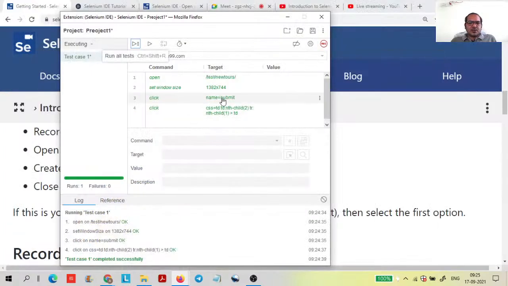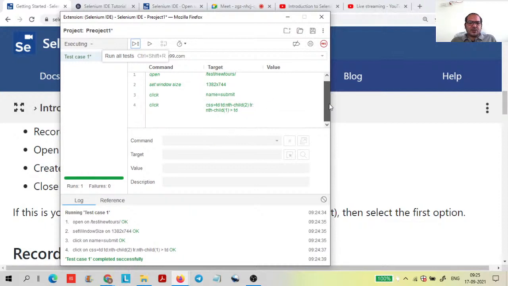So here I clicked. Click command is there, which means I have clicked that submit button. The click command is executed, and it is submitted. Okay, it is just for demo purposes. That particular web page is designed just for a demo. And after that we are saving the test case. And here, to run it, I'm just closing